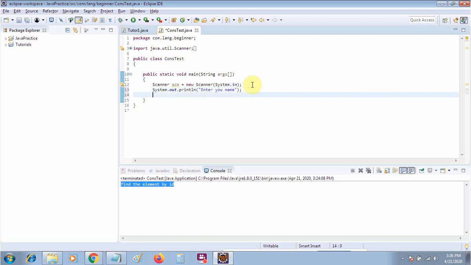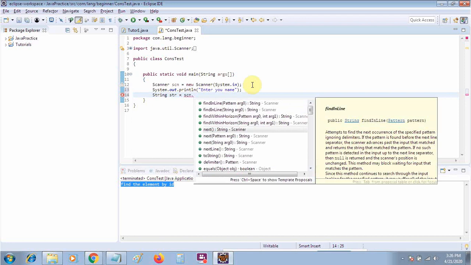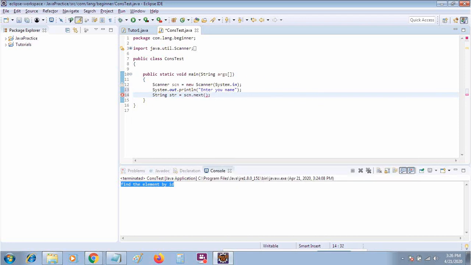Suppose there is a string str equal to, and I will use next to store the string. Now we know that an exception will appear, which exception may occur if we try to find out the length.